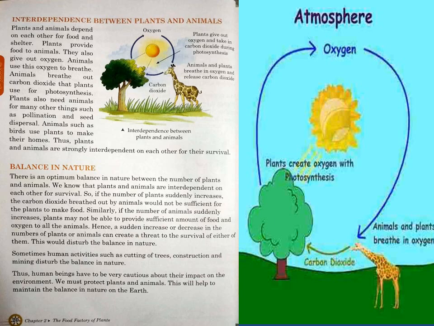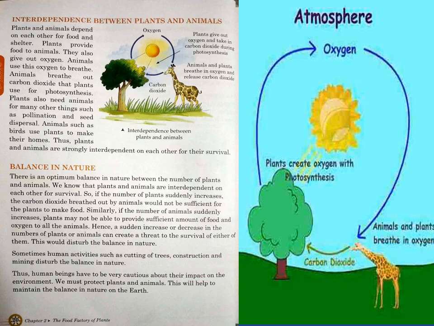In our process of respiration, we breathe in oxygen and we breathe out carbon dioxide, and this particular carbon dioxide is used by the plants for the purpose of photosynthesis, right? So plants also need animals for many other things such as pollination and seed dispersal. Plants are also dependent on animals. For which purpose? For two purposes that have been mentioned here. These two purposes are, first is